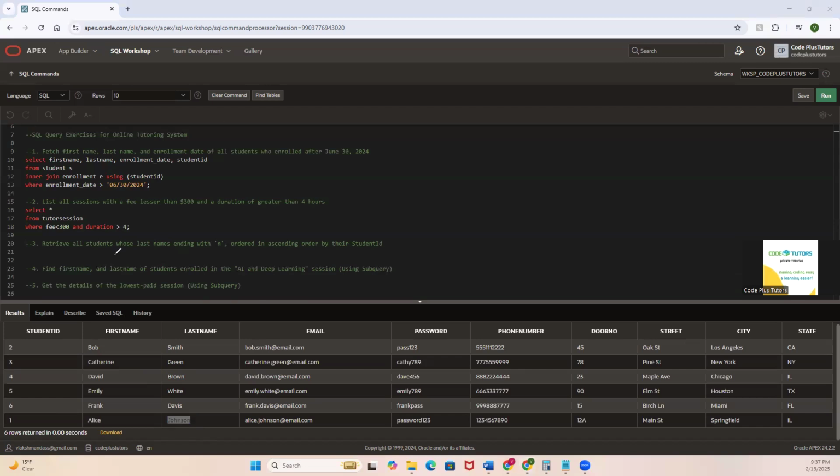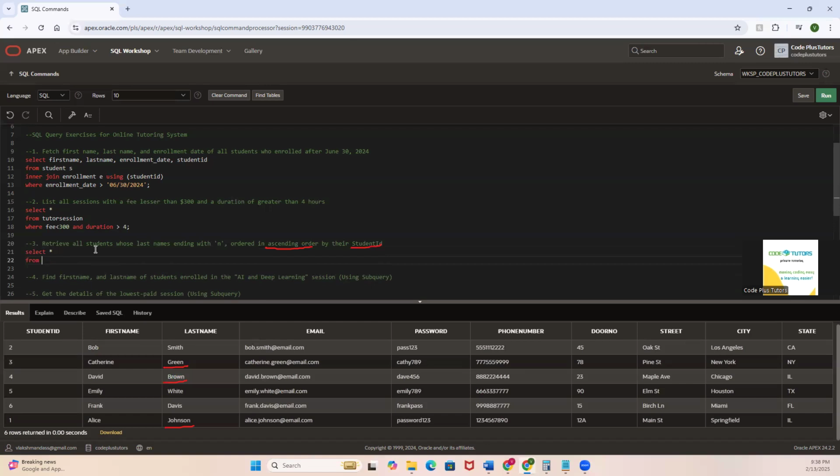So the records are going to be Green, Brown, and Johnson, ordered in ascending order by their student ID, which means we have order by involved. So this is also a very simple select query. Retrieve all students. Since they said all students, they weren't specific about the columns needed, so we can do select star from student